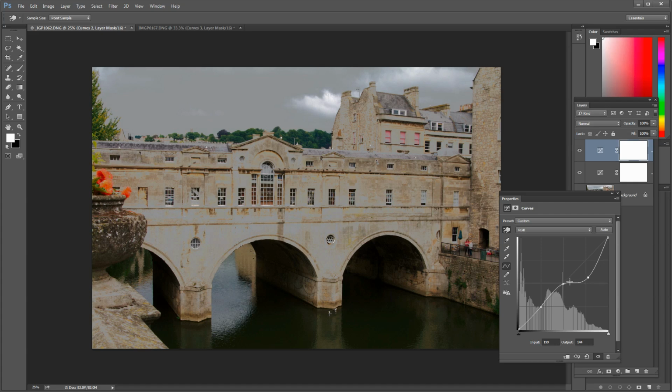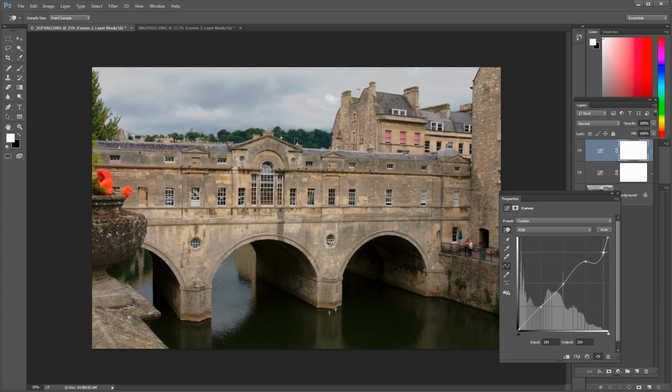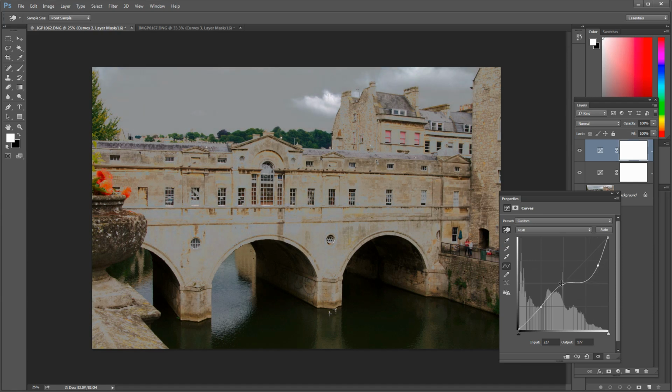When this line becomes sort of flat, you'll find that all the pixels go to, in this case, mid-gray. But if the line were flatter elsewhere, then they would go to a different color gray. So here they would go to a sort of 25% gray because the line is flat across this portion of the curve. So you don't want to make your line at any point go flat,